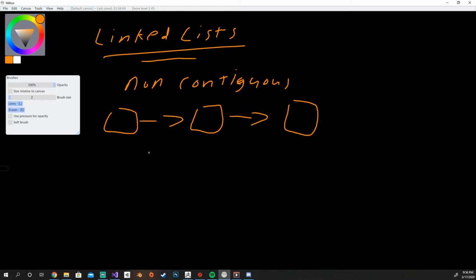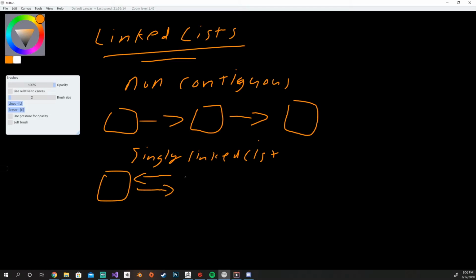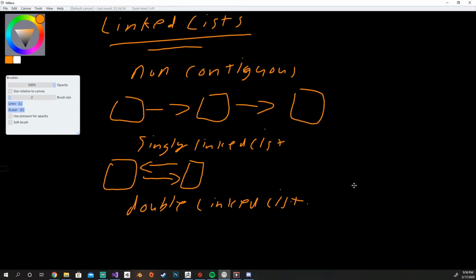This is called a singly linked list. And a doubly is this. So one is pointing there and back. Okay? That's essentially what that would be. So this is a doubly linked list. Okay? So the biggest concepts that you guys really need to know now is